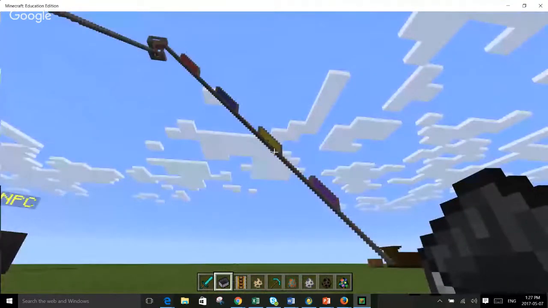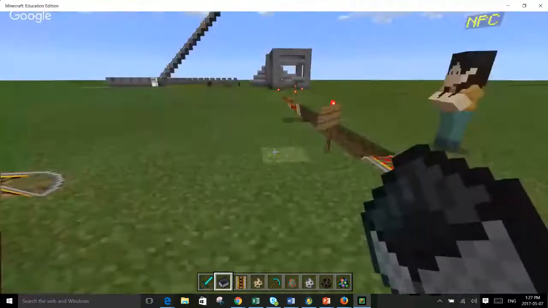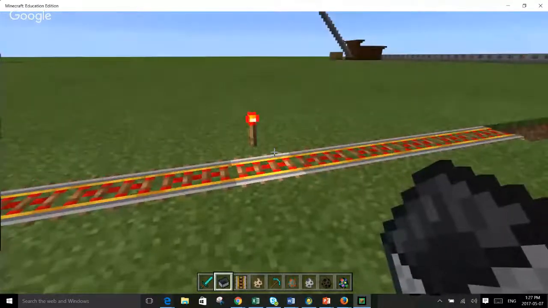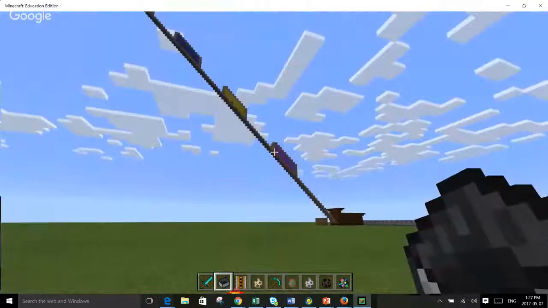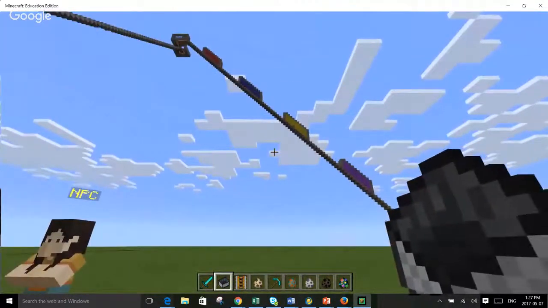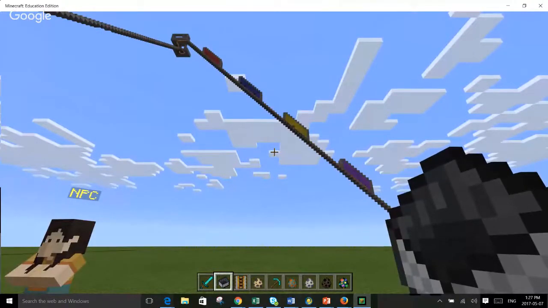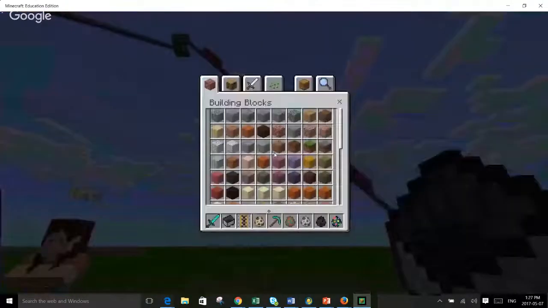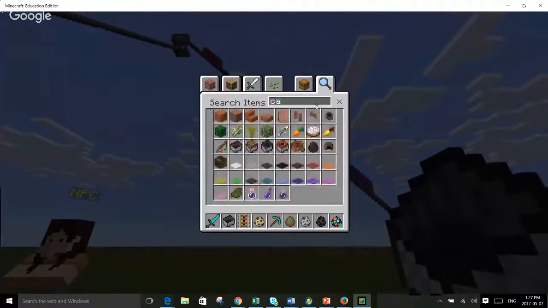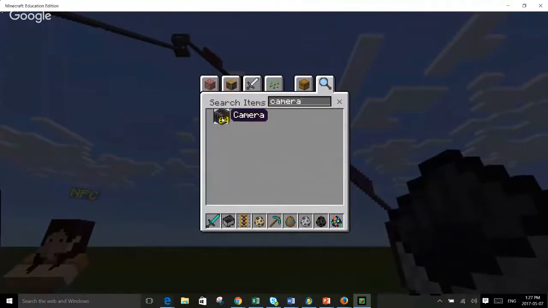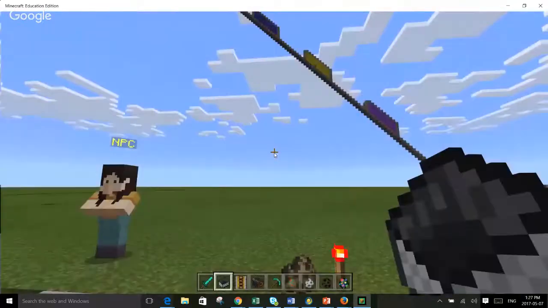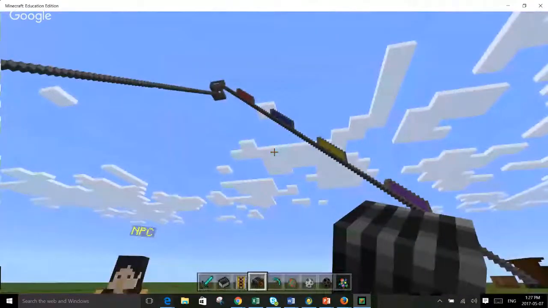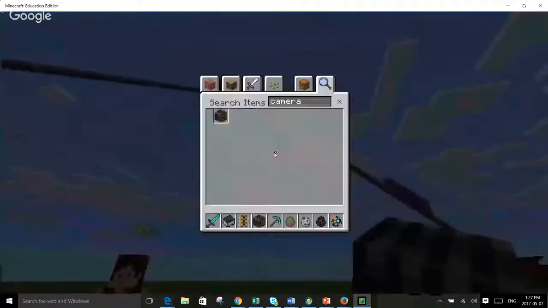So that gives you a little tour of what they were doing and how they showed their work. And then there was a follow-up activity where they had to take their screenshots. But one thing that Education Edition does nicely too is the camera, and the camera takes pictures for you. So if you just choose a 4, for example, and right click, it actually takes a picture. And there's also a nice little feature in here too,